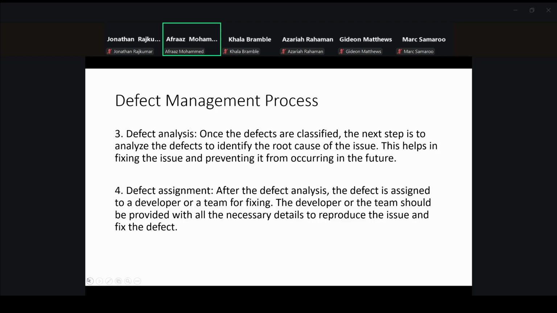Now, there's defect assignment, right? So to fix it, after the analysis, the actual change is done by assigning it to someone. So it's not assigned to an engineer. What would happen is the analysis might be done by a designer or architect, and then they will assign the defect to be resolved by a developer. So the developer now will go in and they will try to